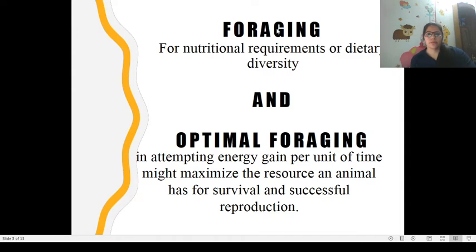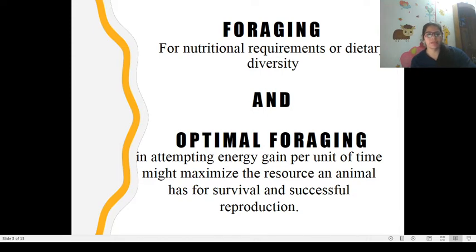I'll go for the foraging of herbivores. Animals forage for nutritional requirements or dietary diversity. Although this is an older and simpler approach, it suggests that animals go foraging to fulfill their dietary requirements. They avoid overeating toxic plants and other secondary components. Optimal foraging occurs in attempting energy gain per unit of time, which might maximize the resources an animal has for survival